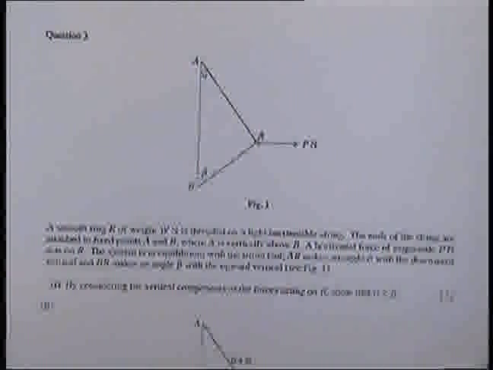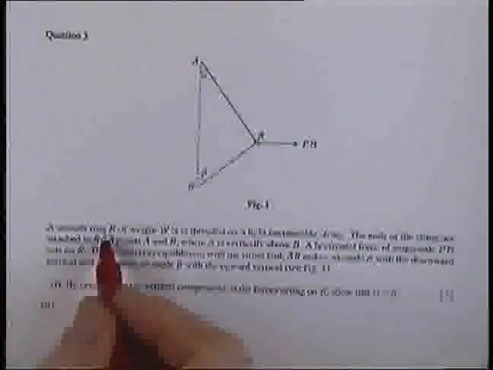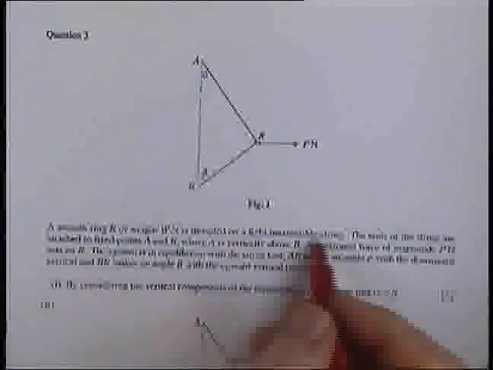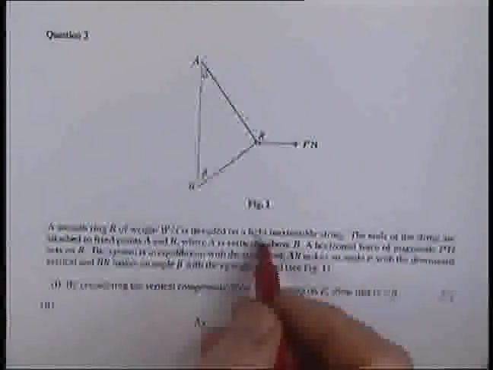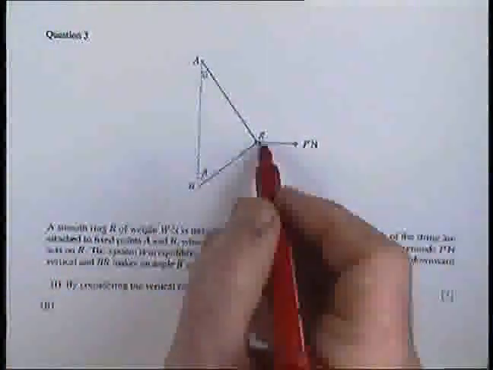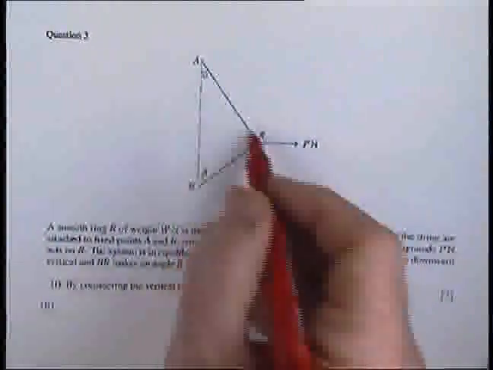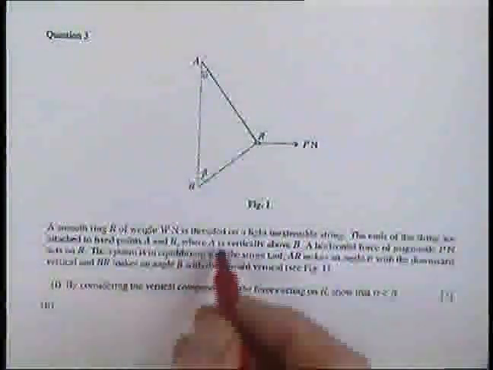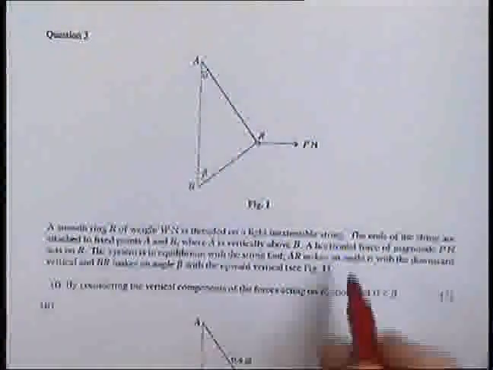Now that leads us to question 3. And what we've got here is a smooth ring R of weight W newtons threaded on a light inextensible string. So remember, light, so that we don't have to worry about the mass of the string. Smooth, so there's no friction between the string and the bead, or the ring, sorry. The ends of the string are attached to fixed points A and B, where A is vertically above B, and